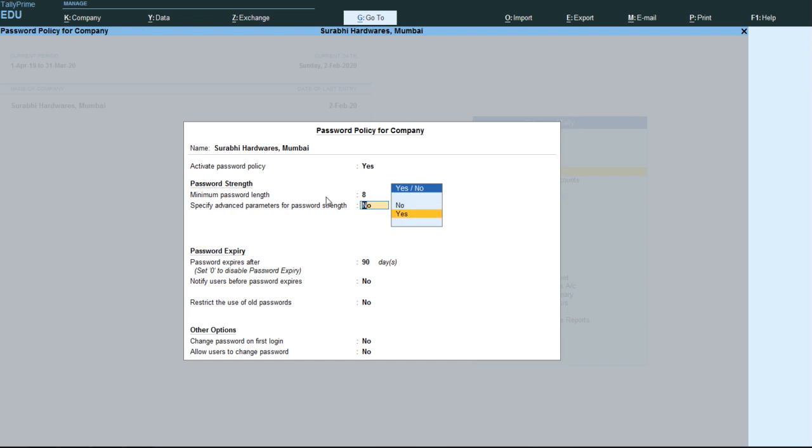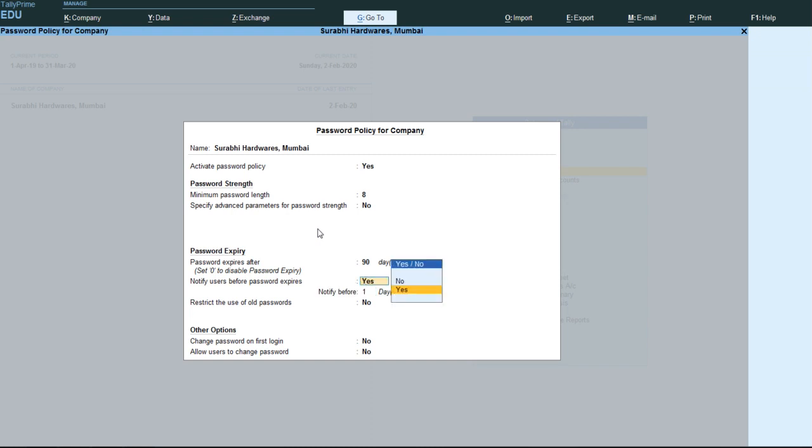The advanced parameters give more strength to the password, like minimum characters, how many alphabet characters, numerical characters, and special characters there will be. And we can set the expiry date also, like 10 days, 20 days. We can enable the option to notify when the password is about to expire.